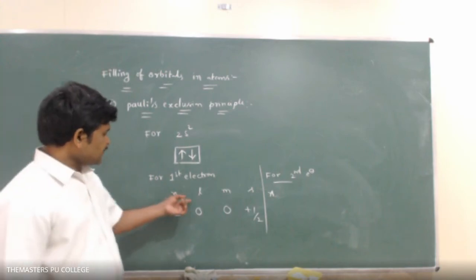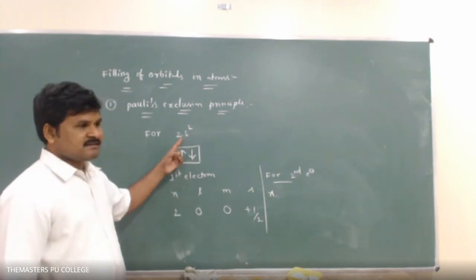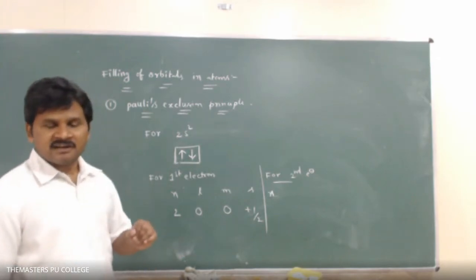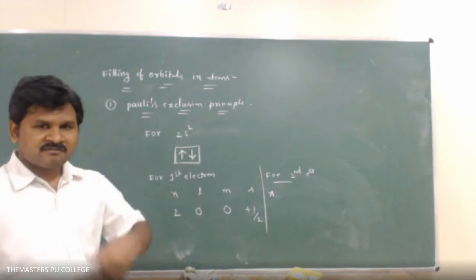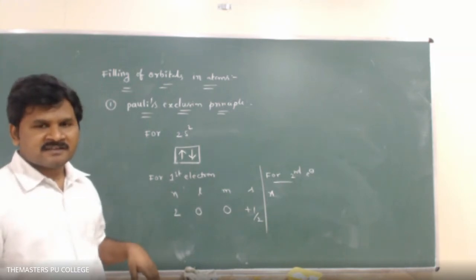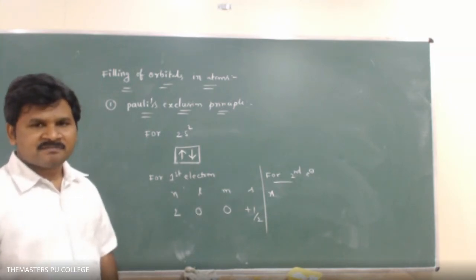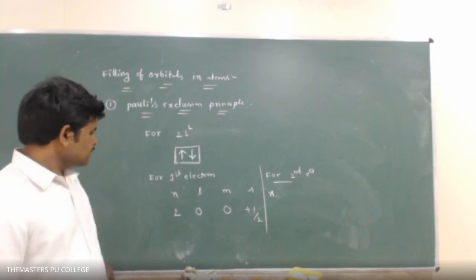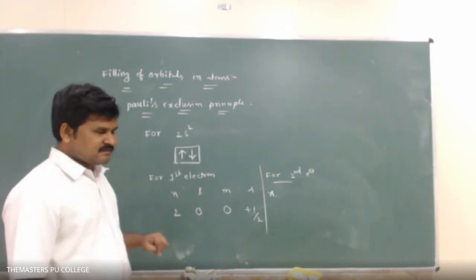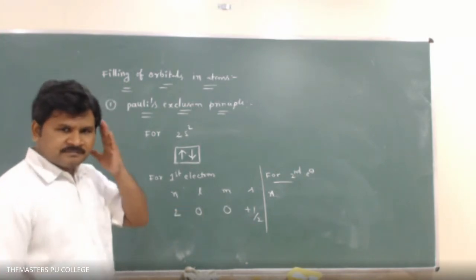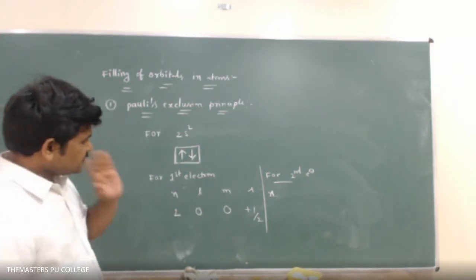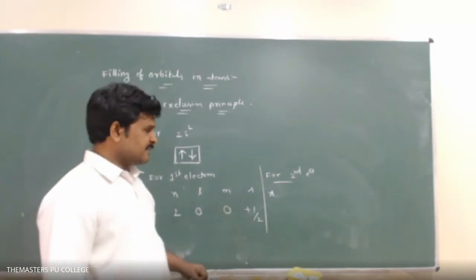Next, what is the l value for the s orbital? You have to remember the l values according to quantum numbers. So please open quantum numbers. What is the l value for the s orbital, and for the p orbital and d orbital? We have it. 0 for the s orbital. Next, if l is equal to 0, m is compulsorily 0. Next, s is equal to plus 1/2.